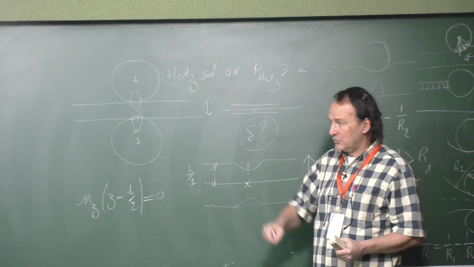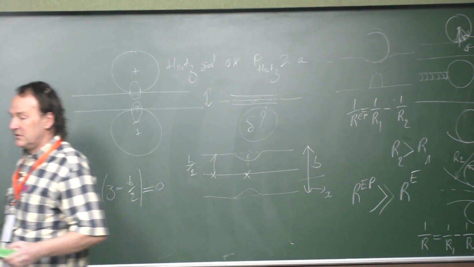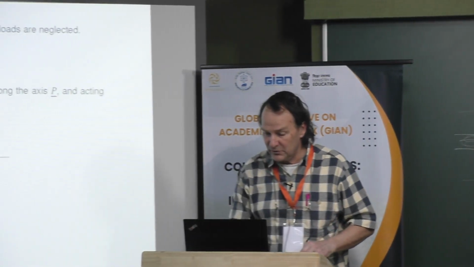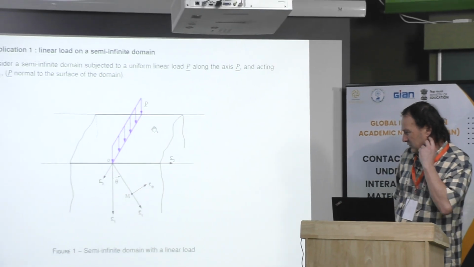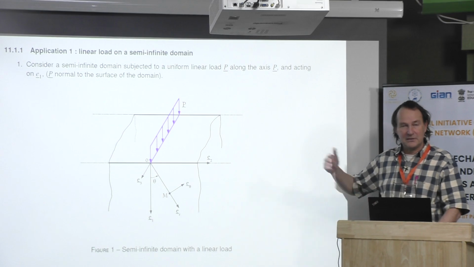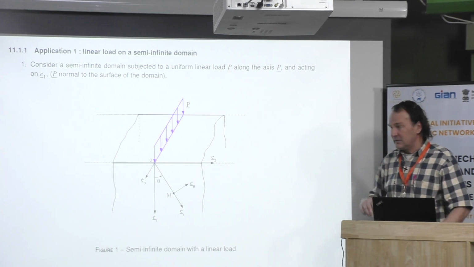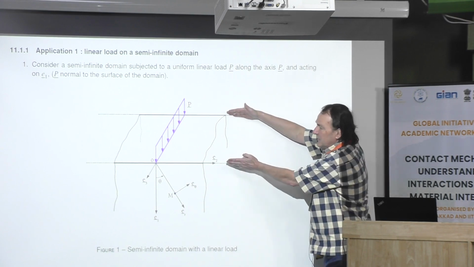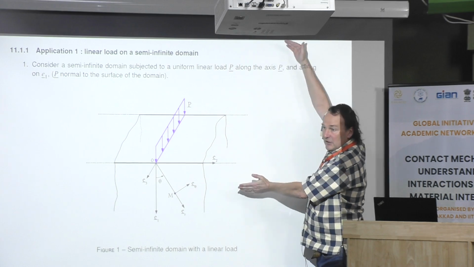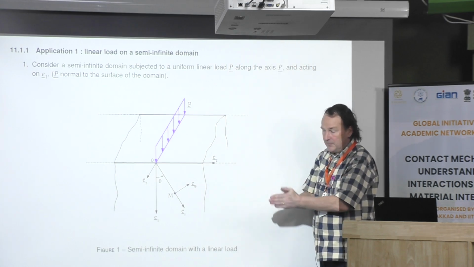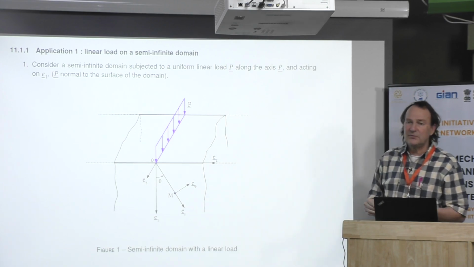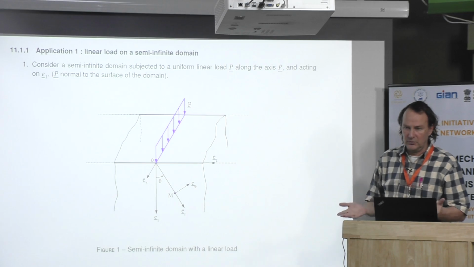Then we will go back to the Boussinesq and Cerruti theory, and I think that we can find the solution. This is what we ask our students. In fact, we ask first, I don't remember, if it is a 2D problem or not. If yes, if it is a plane strain or plane stress. If the thickness here is very small, this is a 2D plane stress problem. If the thickness is very large, this is a 2D plane strain problem. To solve that, in fact, we use what we call the Airy function. It's a potential technique, potential functions.